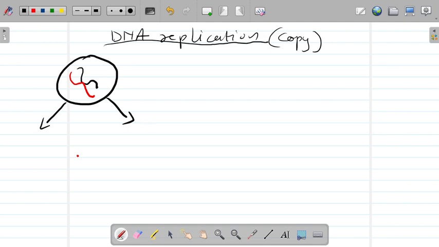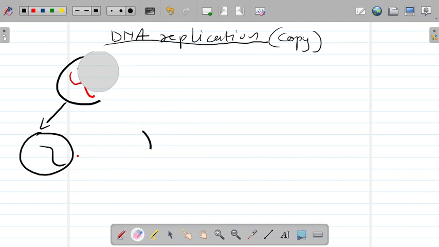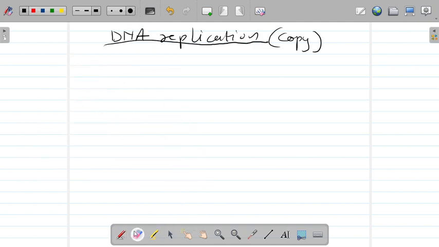And it makes sense. If you divide a cell and get an exact copy, the same DNA as the original cell, then at the end of the day we end up with two cells that have the same amount and the same type of DNA. So that's why DNA replication is during interphase. So with DNA replication, first things first, DNA